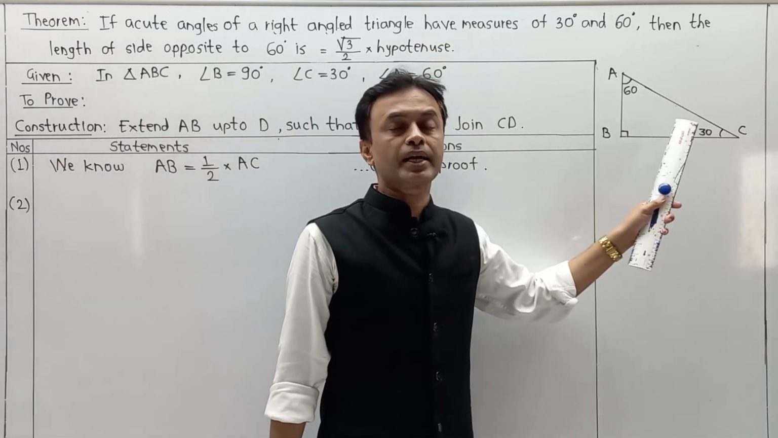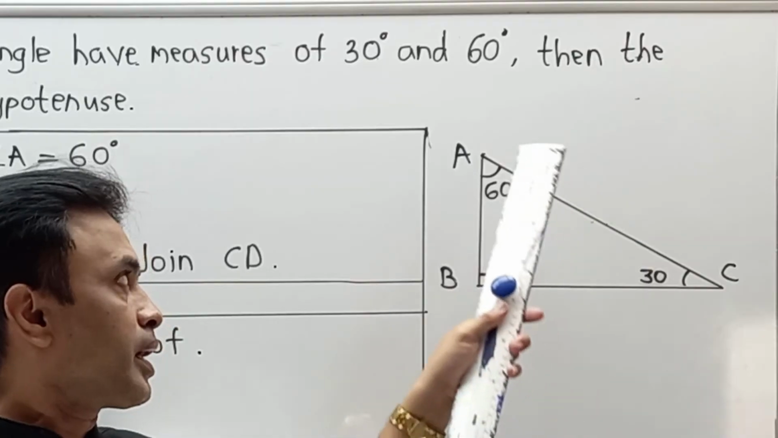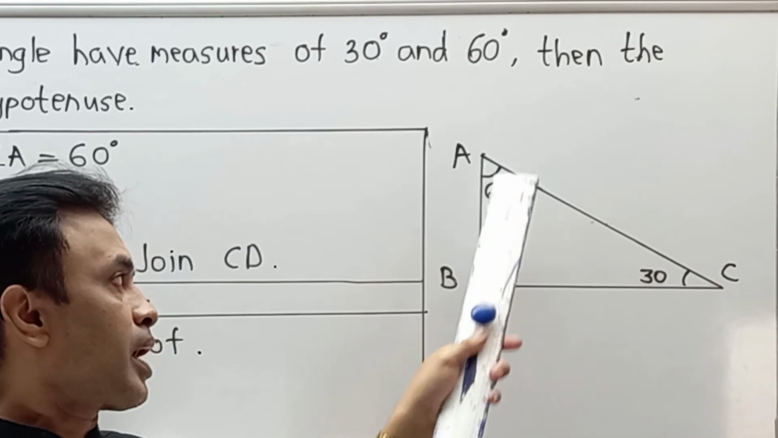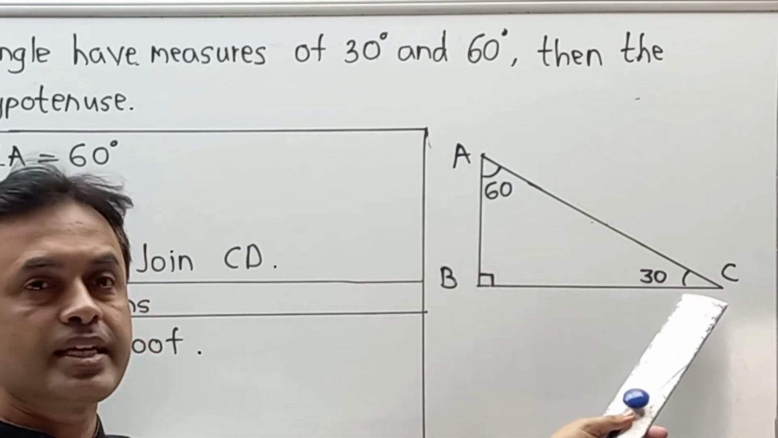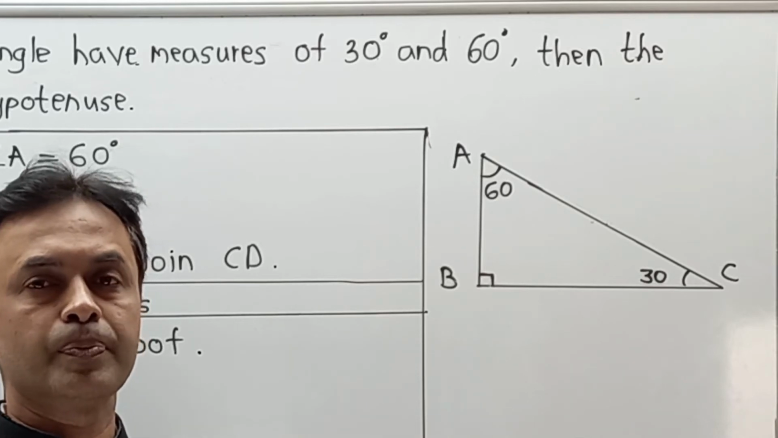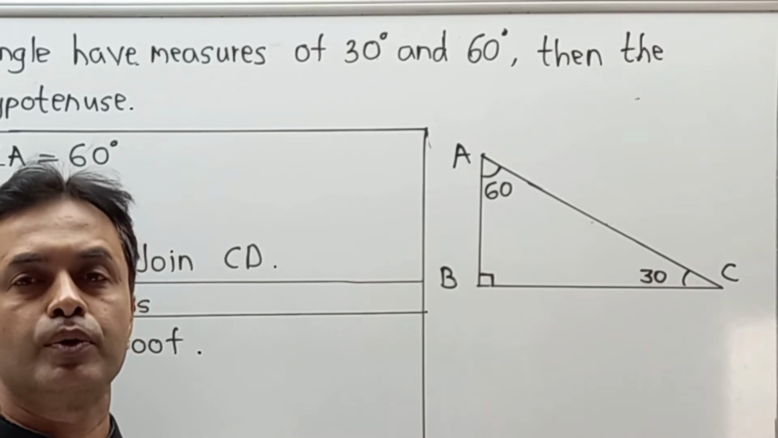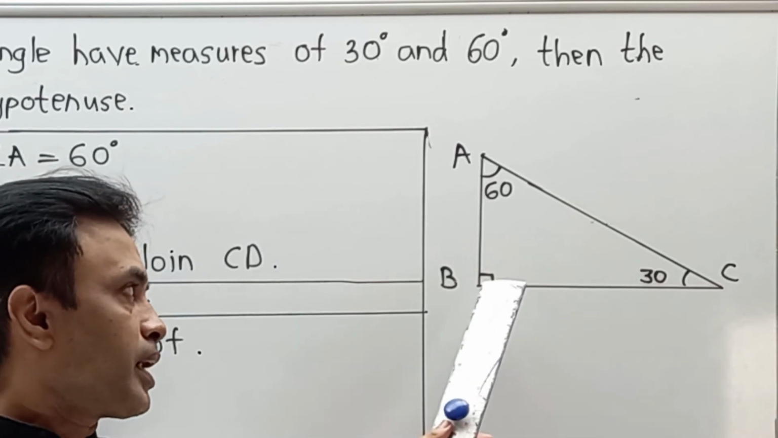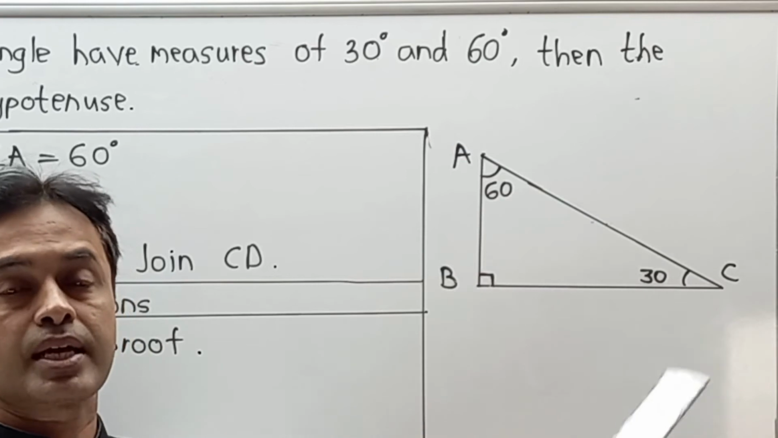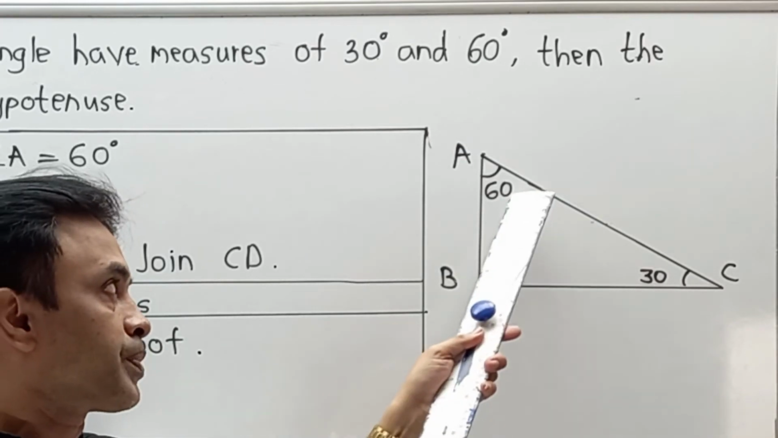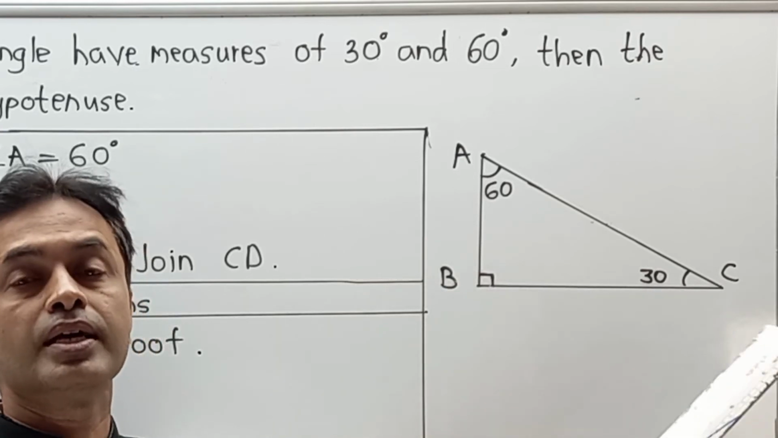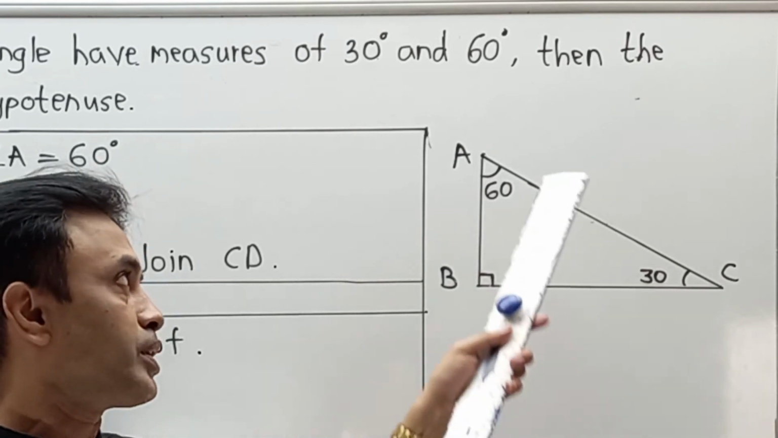Let me explain it in terms of a diagram. In triangle ABC, angle B is 90 degree, angle C is 30 degree, and angle A is 60 degree. It is the same as given previously, the same part we are going to rewrite. Now here, angle B is 90 degree, so its opposite side AC is the hypotenuse, and we have to prove the side opposite to 60 degree, that is BC, is root 3 by 2 times of the hypotenuse,